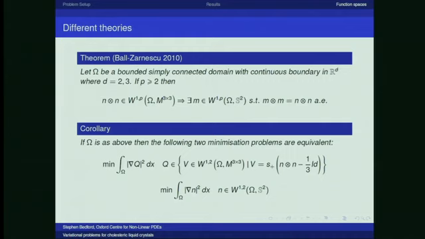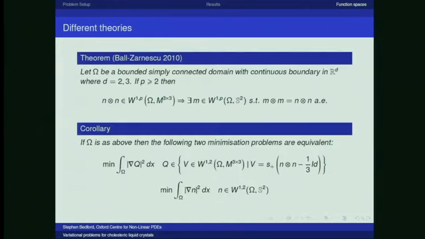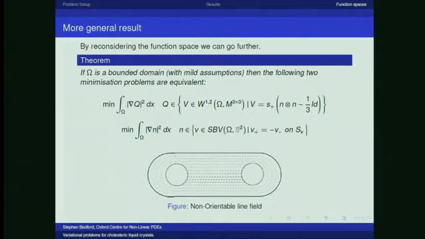Actually, whereas if you looked at these problems, you might think they give very different solutions. If S is constant and omega is as it is here, then the problems are actually exactly the same, which is quite interesting. But equally, perhaps even more interesting, is if we remove the assumption that omega is simply connected, say omega is just a bounded domain, so that's a bounded, open, connected set,